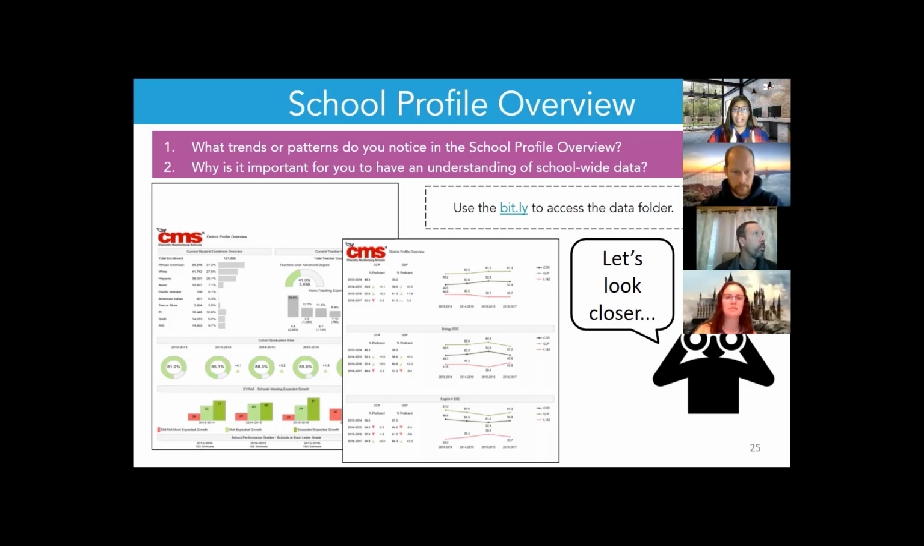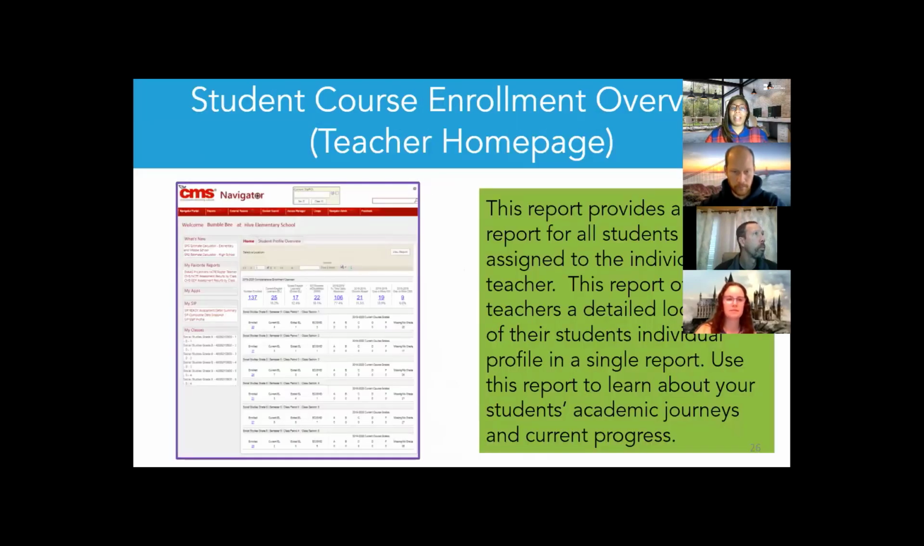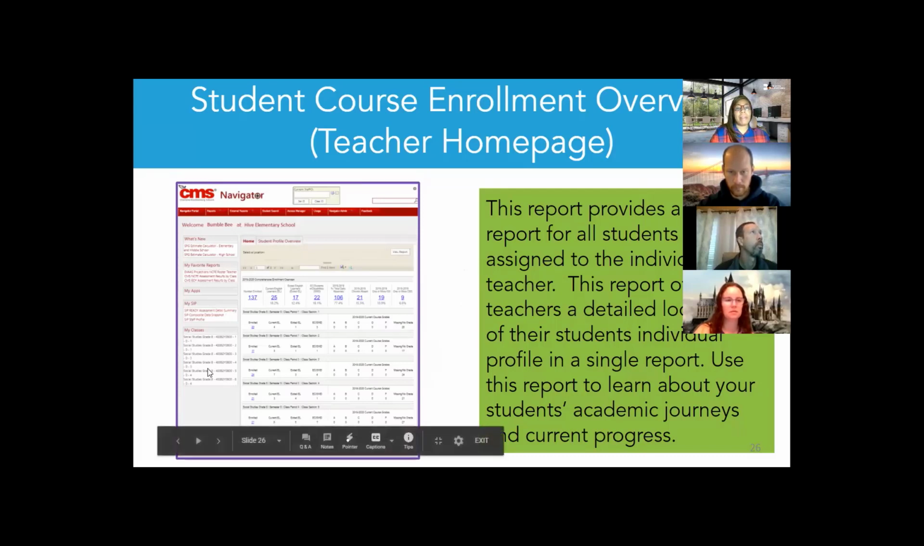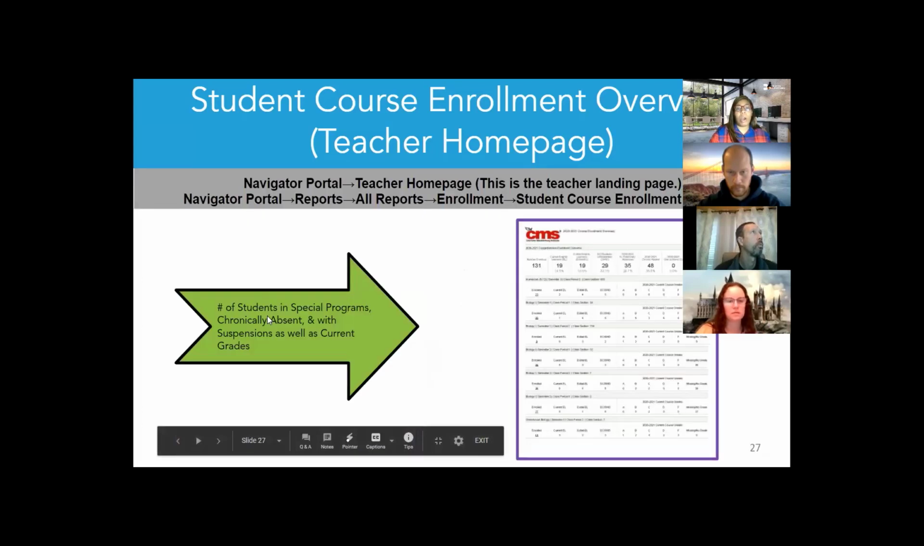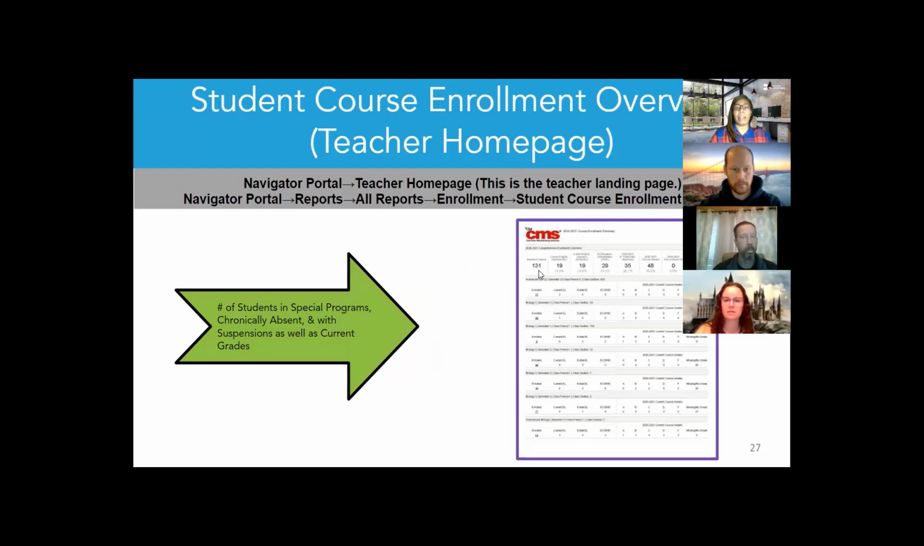Very broad, and we're going to get a little bit more narrow. The next report is the student course enrollment overview. So this is actually what should open up when you open your portal. So this should be your homepage. And when you get to this report, you will see basically a couple of rows. One, you will see here at the top, a basic combination of all the students who are assigned to you